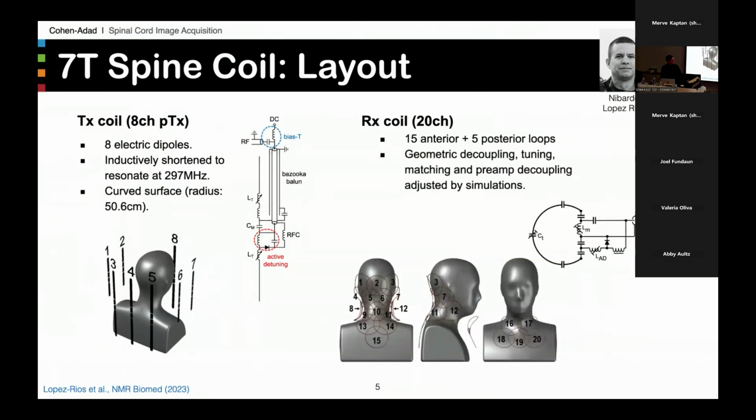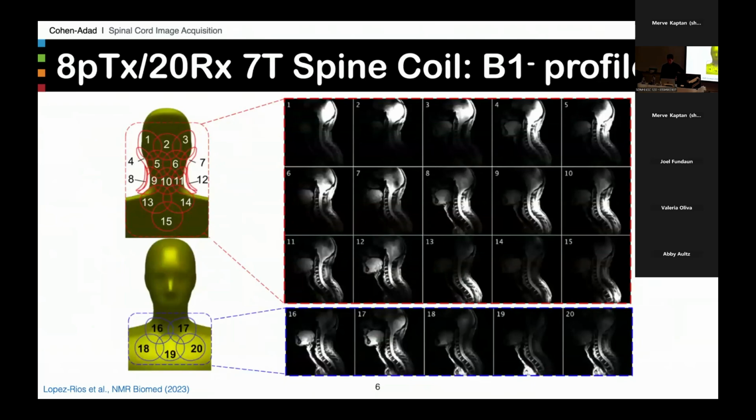For the receive part, it was built by Nibardo Lopez Rios, one of the research associates in the lab, and he went with a soccer ball type of design. It was introduced by Graham Wiggins 20 years ago, so even more than that, I think. And so these are some of the examples of individual channels of this soccer ball design for the posterior and for the anterior part of the cord. And then when you combine all those images together, you get some nice coverage that goes down to about T3,